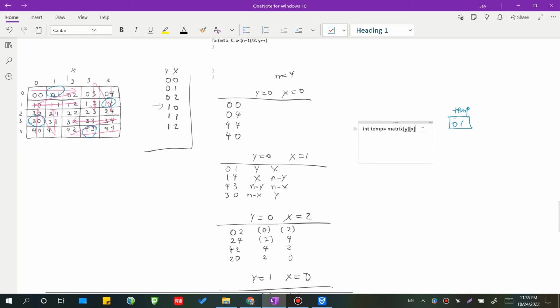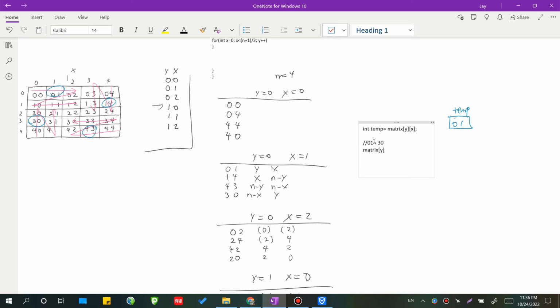So now we will move the 30 to 0, 1. Okay. So 0, 1 equal to 30,